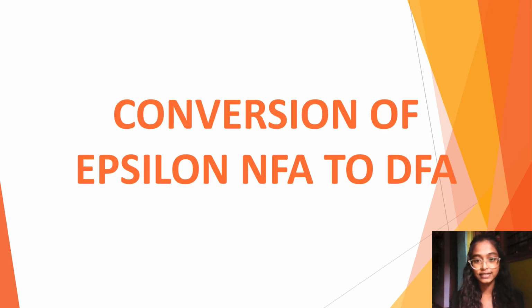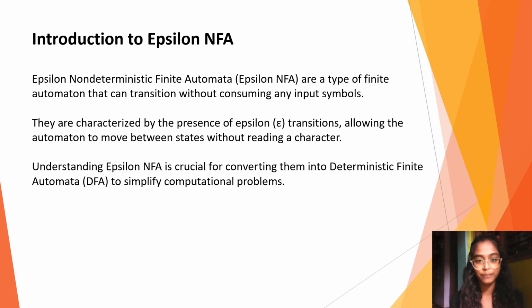In this video, let us discuss how to convert an epsilon NFA to a DFA. Let us see what is epsilon NFA. Epsilon non-deterministic finite automata are a type of finite automata that allow transitions without consuming any input symbols. They are characterized by the presence of epsilon transitions, which move between states without reading a character. Understanding epsilon NFA is crucial for converting them into deterministic finite automata to simplify